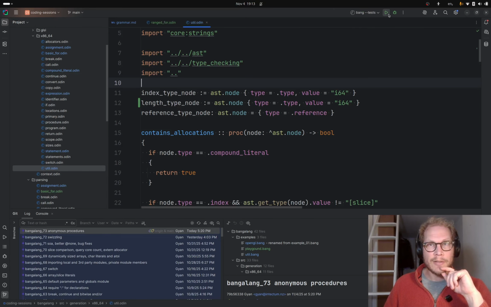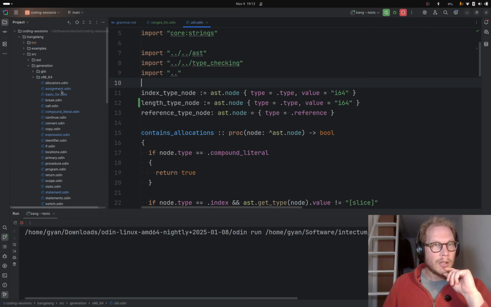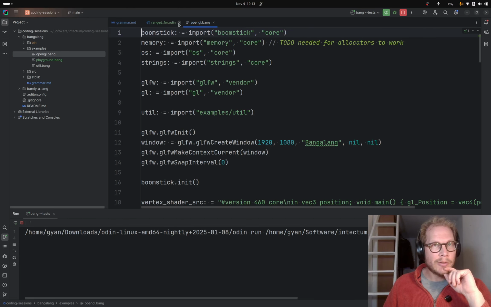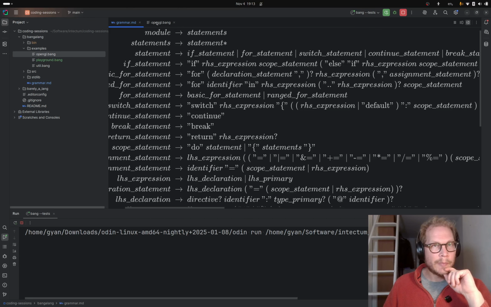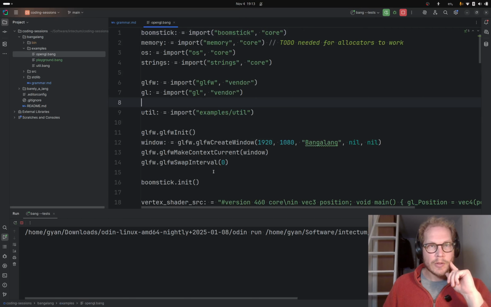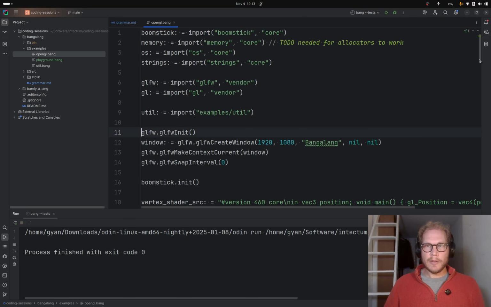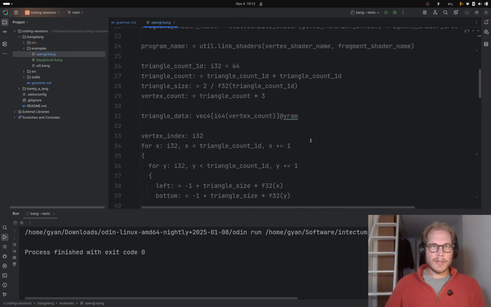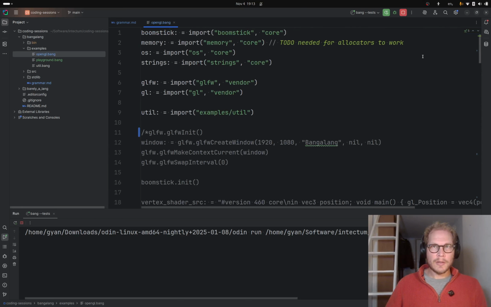Let's try the tests, and let's open OpenGL. This is where we comment out lots of code. Okay, the tests all succeed. Oops. But if I run OpenGL,